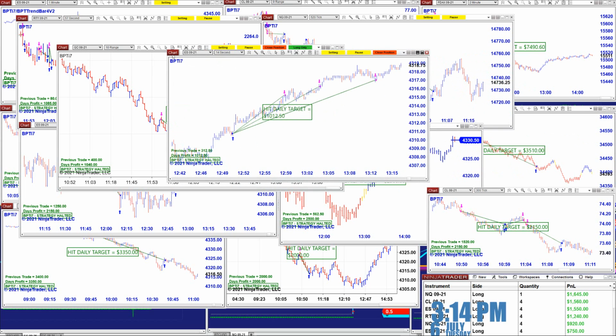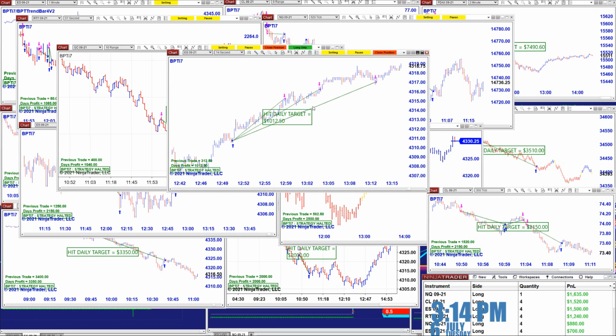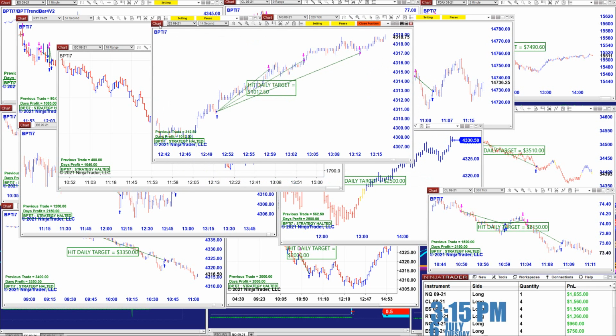This one here is a 14-second on the ES, and I love that one. I think that this one was the best one for today. There is other chart made more money, but this one here, I love the way the auto trade took the trade, how it exited. It was a perfect entry on the pullback, perfect entry, perfect exit. I mean, it is a beautiful trade. 14-second